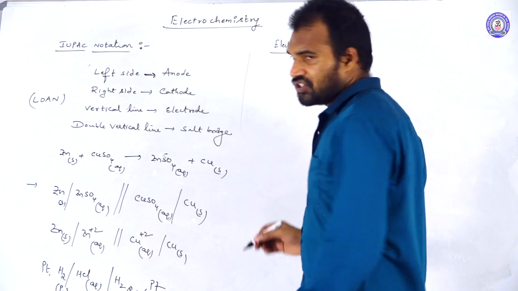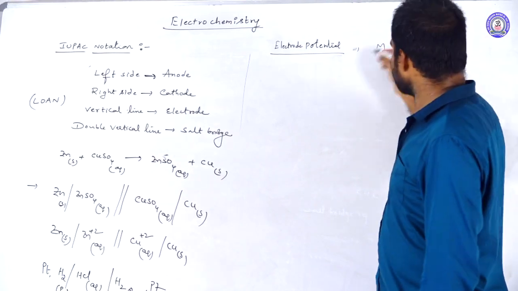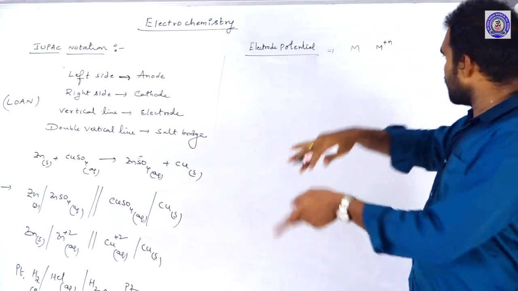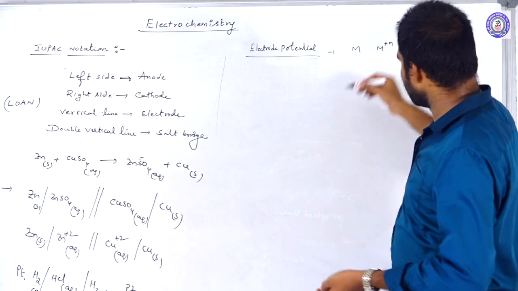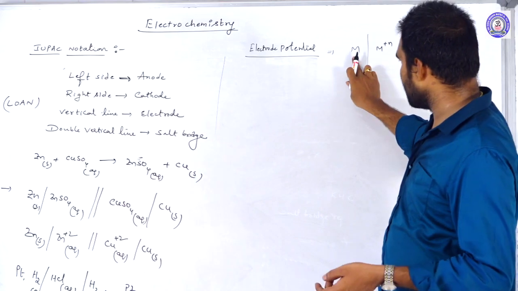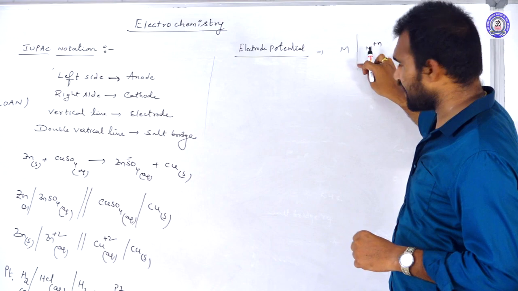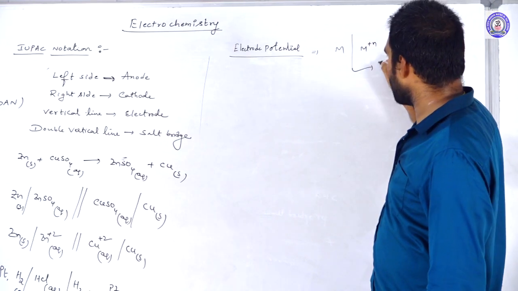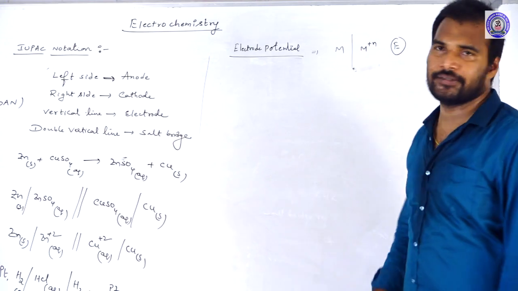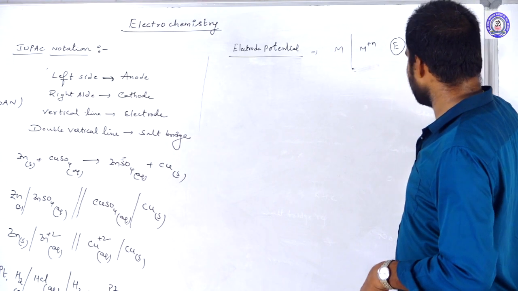So electrode potential is nothing but, whenever a metal is in contact with its metallic solution, this is represented by the single vertical line, the metal in contact with its metallic solution, whatever potential is generated, that potential we call electrode potential, E. And this electrode potential generally we represent with E,